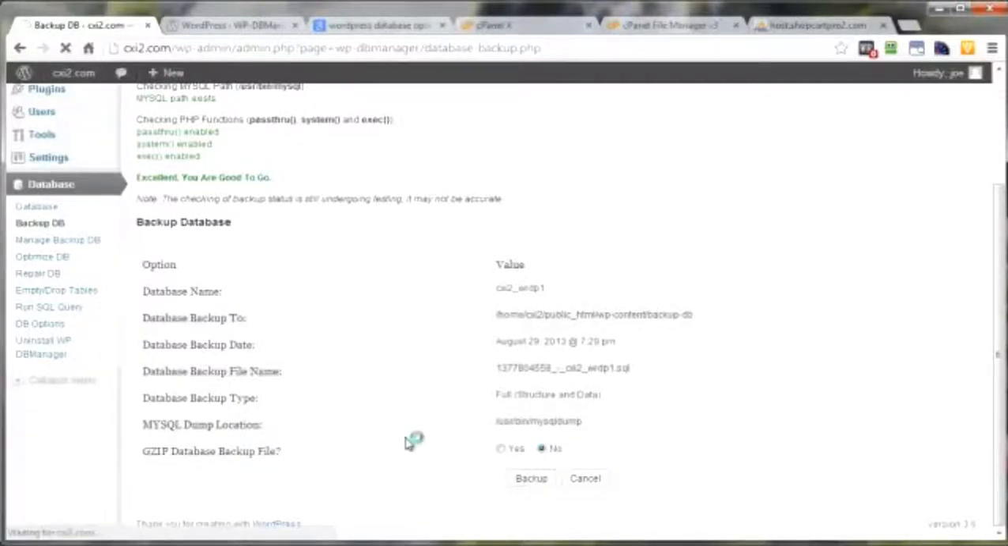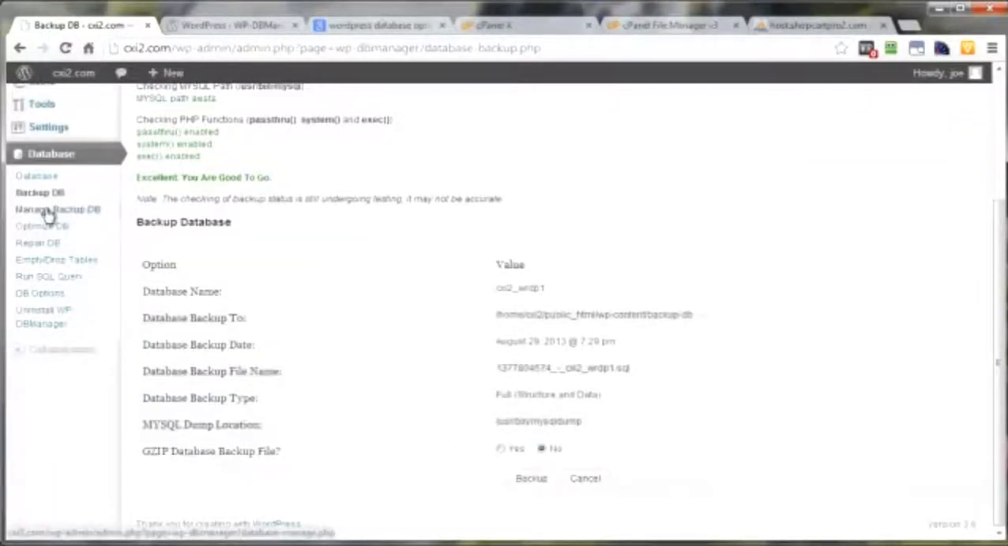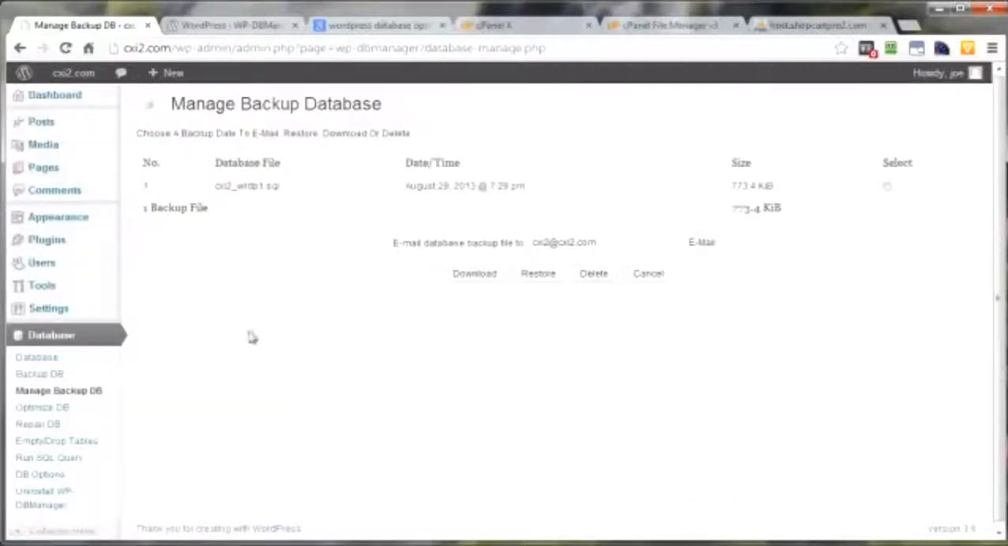Click on backup, done. Now, if you want to manage those backups that you've been doing, either manually or automatic, and I'll get to the automatic part here in a second, then you can either just select the backup and email it to yourself, download it to your computer, or if you've had a problem with your site as a result of a messed up database, select the last working database you have, click on restore, bing, bang, boom,